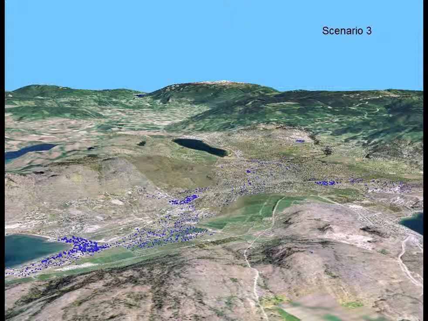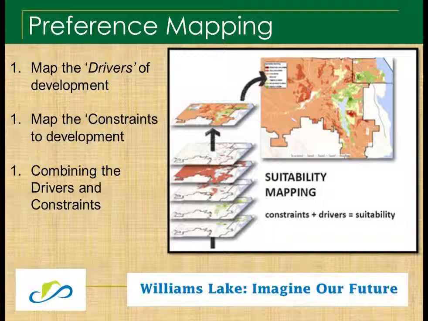How do we do this? This is the exercise that I want to take you guys through. This is kind of fun. So we come up with our principles, and then we say to the public, and we do focus groups, and we do surveys, and we get people involved as much as we possibly can. We say, of all the planning principles that we've talked about so far, can you start ranking them and tell us where you want to see future growth happen? Remember, where you want to see future growth happen. That's called a driver of development. Where do you want to drive development to? Not in a car. Where do you want to push development to go?